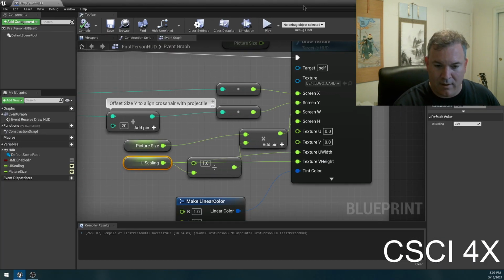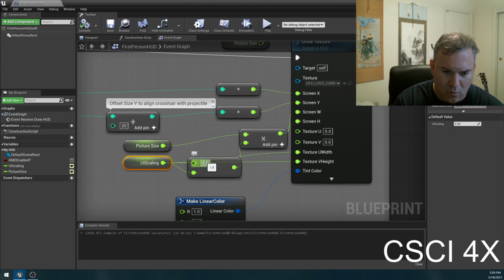Broke something, but yeah, that's the general idea. It's 1 divided by that, so 0.25. That should be multiplied by 4, right? And then